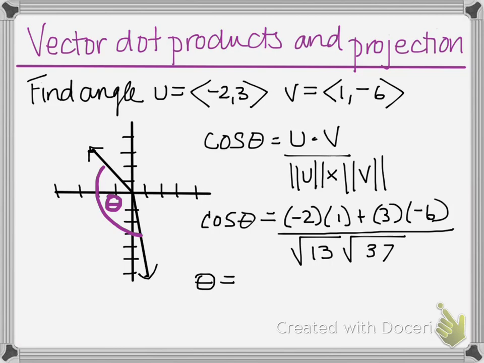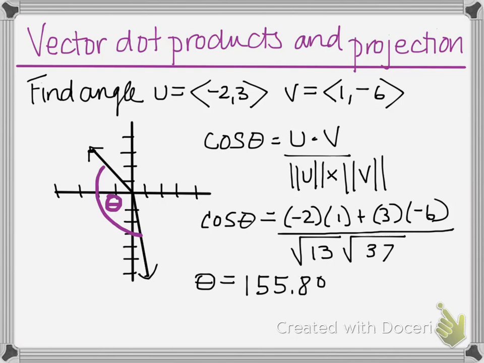And I'm not going to write that all out. But if I want to solve for theta, I'm going to do the inverse cosine of both sides. So I'm going to want to do the inverse cosine of all of this in order to find theta. And like I said, I'm not going to write that all out. And with a little calculator key in, I'm going to get